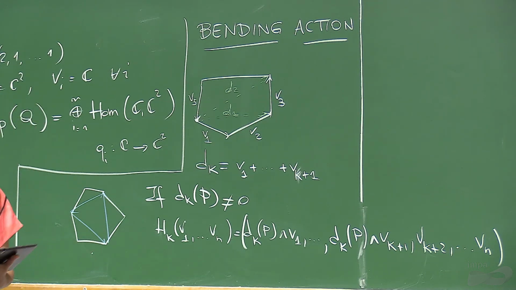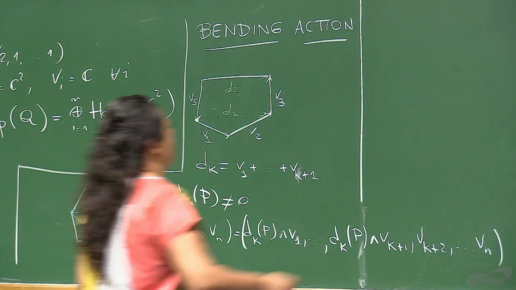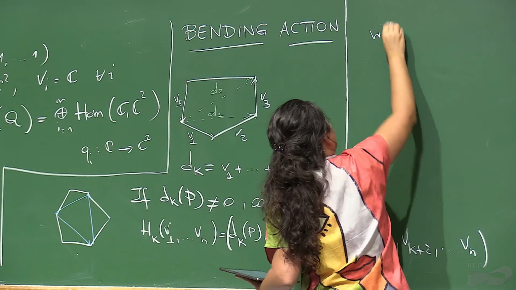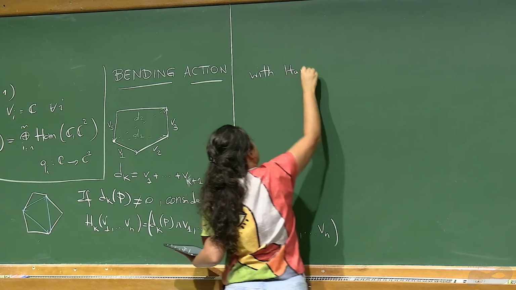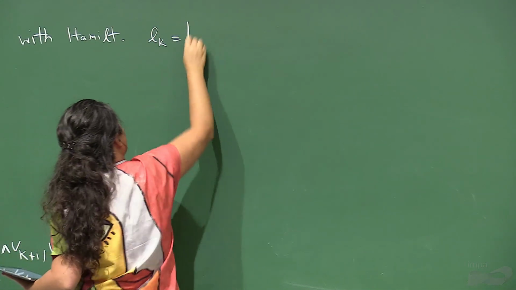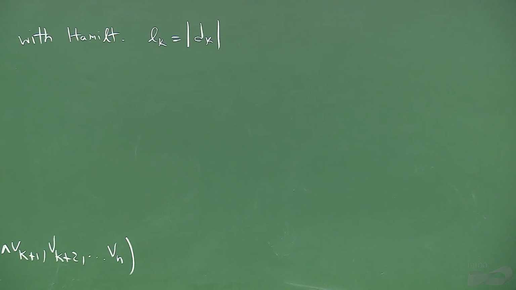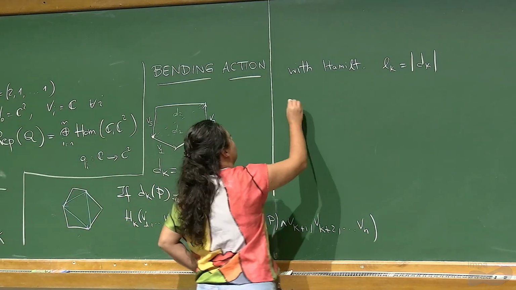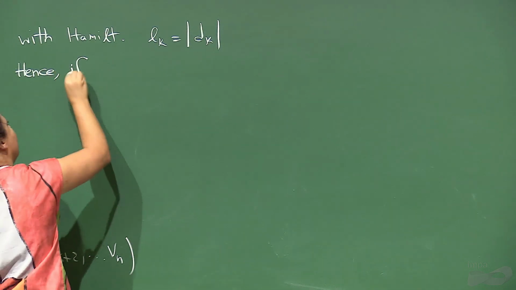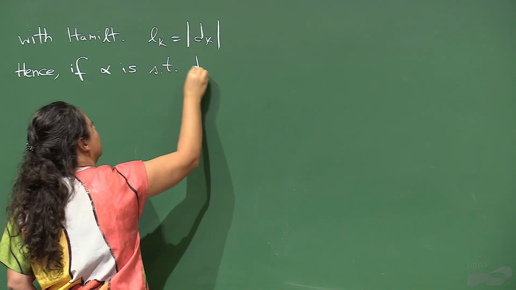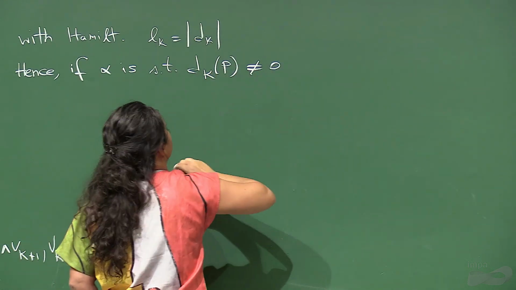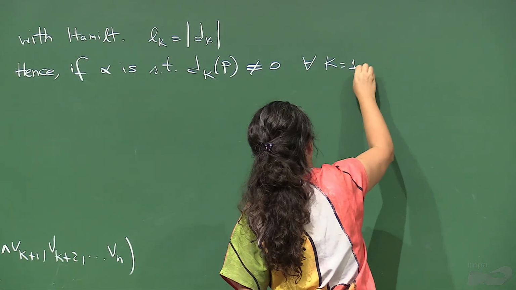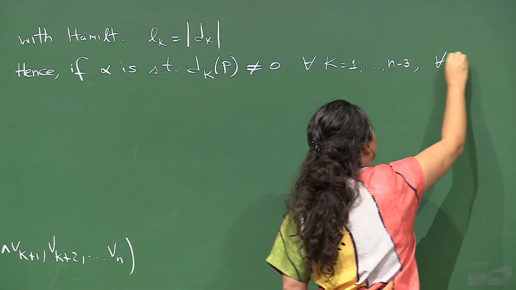So the Hamiltonian function of this flow is the length of the diagonal. Consider this with Hamiltonian function Lk, which is equal to the norm of the kth diagonal at the point P. Okay, Lkp is the norm. Hence, if alpha is such that dkp is different from 0 for every k that you can possibly define, so I think we are going up from 1 to n minus 3, and for every p in M alpha,